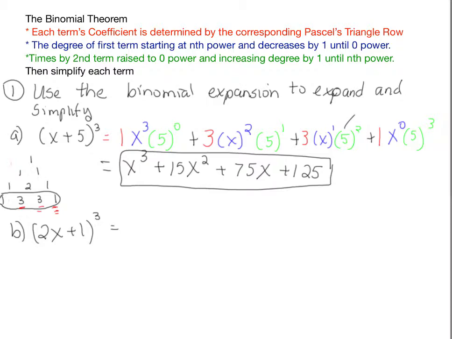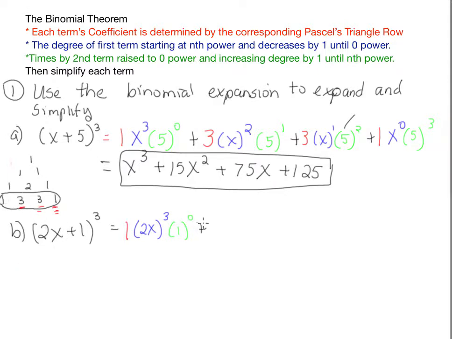Okay, I'm going to do this example. Notice I'm still doing row 3, so I'm just going to use the Pascal's triangle from above. So my first coefficient is 1. My first term this time is 2x, and all of 2x needs to be cubed. And my last term of the binomial is simply 1, so that 1 needs to be raised to the 0 power. And then moving on to our second term, which will be our second number in Pascal's triangle, which is